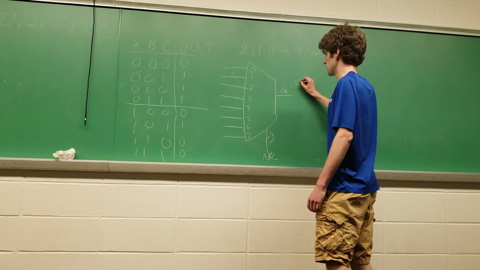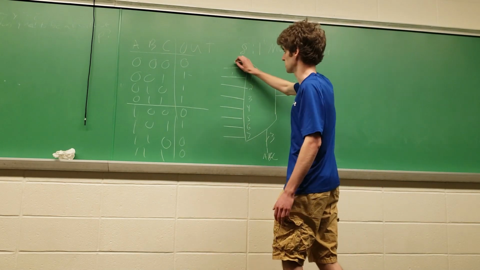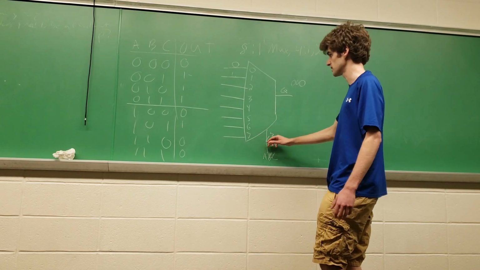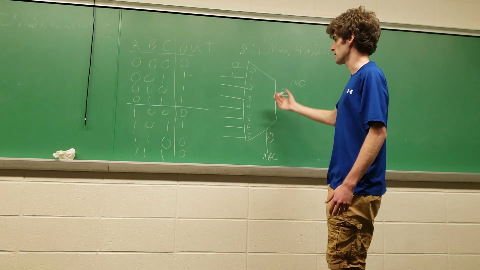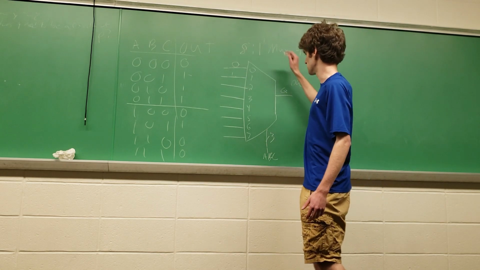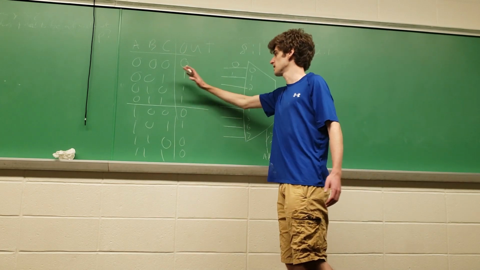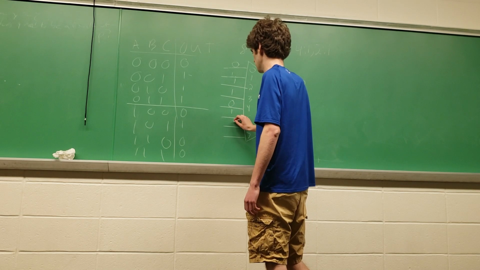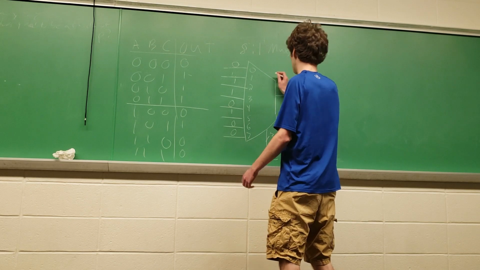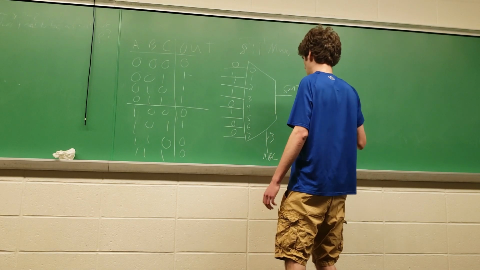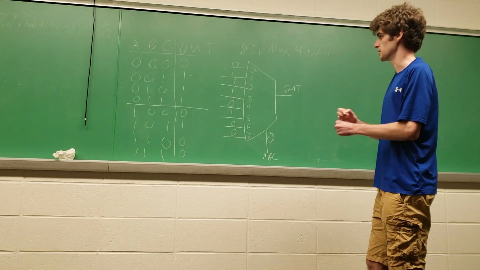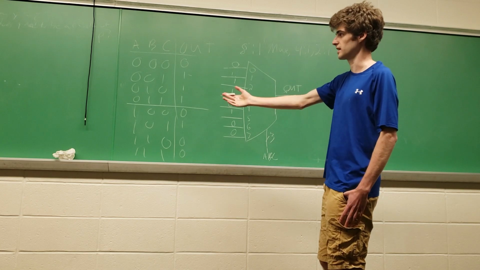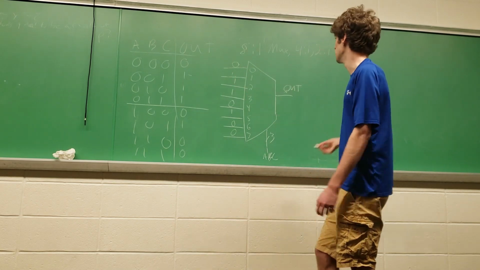If ABC were 0, 0, 0, I want to output a 0, so I'm going to put a 0 here. Because if I feed in 0, 0, 0 as my selector bits, I want whatever is on the 0th input line to be output, which is a 0. Then we're literally just going to translate directly from here to here: 0, 1, 1, 1, 0, 1, 0, 0. And this is just going to be our out over here. So that is our answer. We're literally just making a lookup table with this 8 to 1 mux, going directly from the truth table to here. Okay, so then for the 4 to 1 mux,